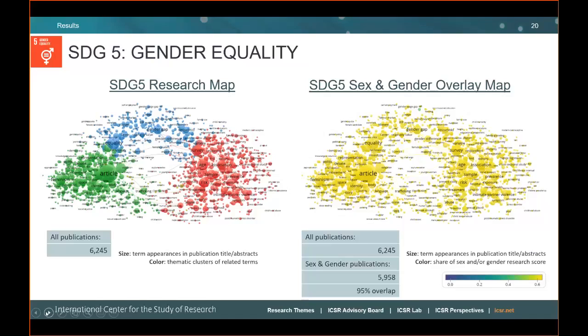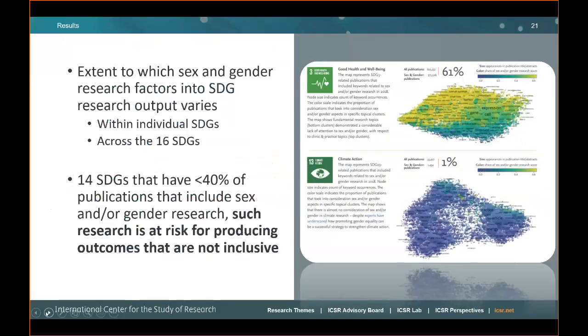Most of this SDG overlay map is yellow. This is illustrative of a high degree of overlap between the SDG publication sets and those publications within the corpus tagged as also being identified by the sex and gender keyword search. And since this is on SDG 5, which is gender equality, this wasn't a particularly surprising finding. We, though, went ahead and examined all 16 SDGs employing this exact Scopus-based query and overlay mapping methodological approach and